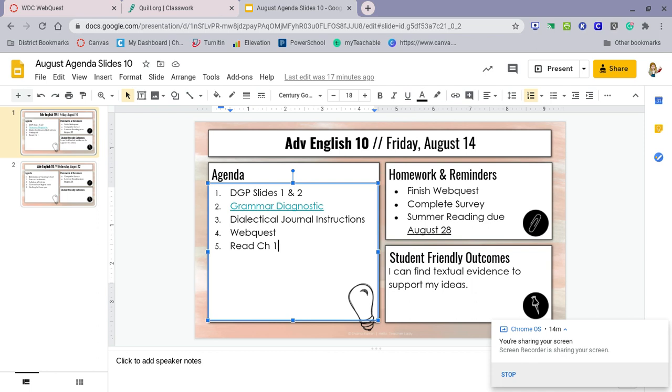Remember your homework. If you don't finish the web quest, you need to do that. Don't forget about the student and parent survey, and your summer reading assignment is due August 28th. So that is coming up soon. If you have any questions, please feel free to